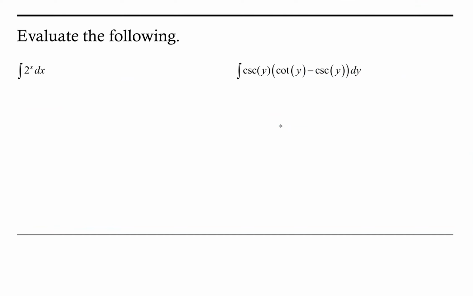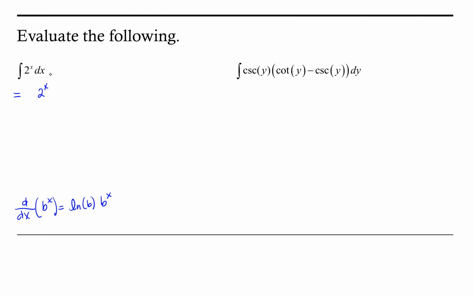Two more last examples. We have the indefinite integral of 2 to the x dx. So what we need to remember in this case is that the derivative of a base to the x power is the natural log of that base times b to the x power. So when I go to find my antiderivative here, I'm going to have 2 to the x power